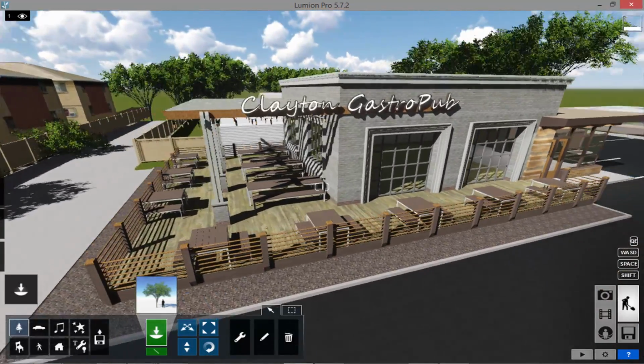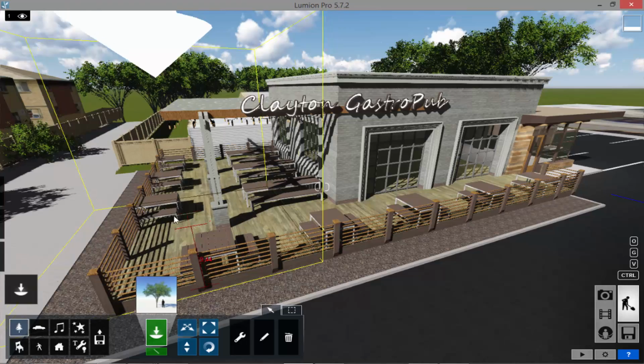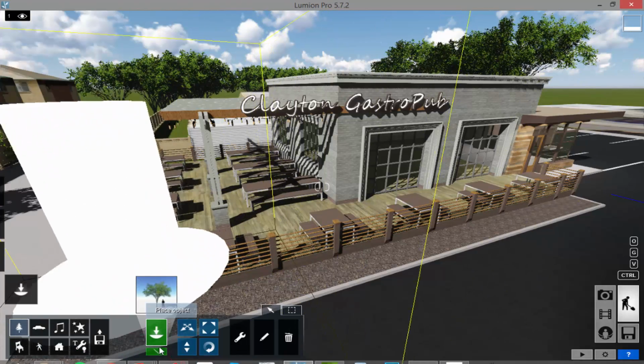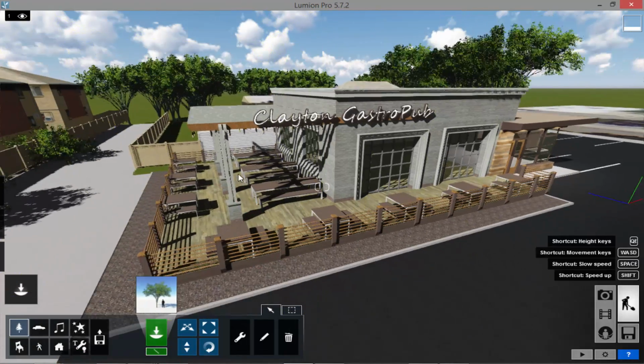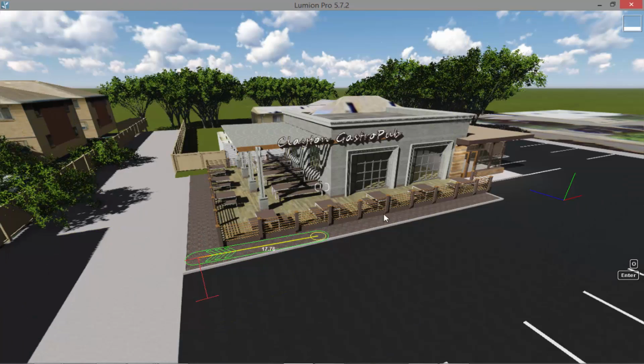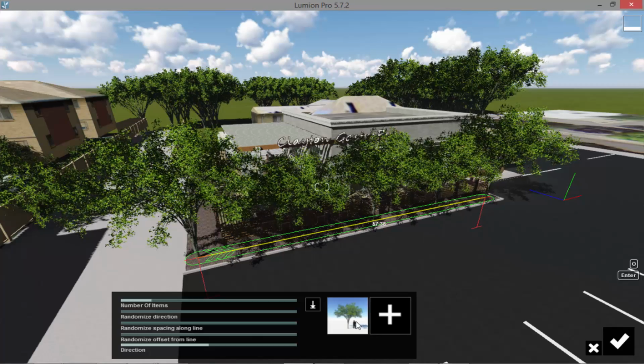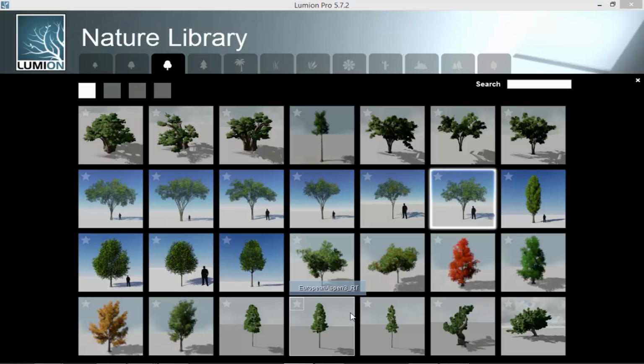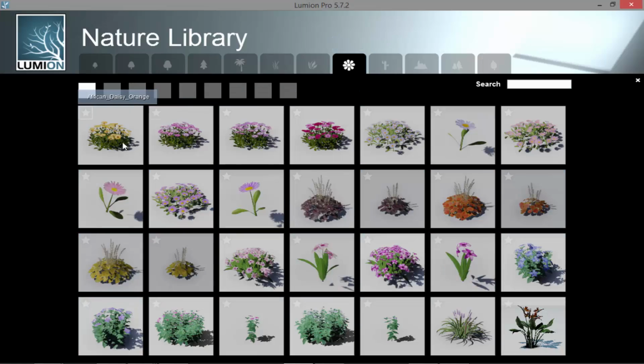And then there's also some mass placement tools. These are some of the newer features for Lumion 5. The mass placement tool is really slick. If I want to drop some objects from here to here, but I don't want them to be those trees, I'll just click on the tree to delete it. I actually want to use flowers, so we'll grab this one,